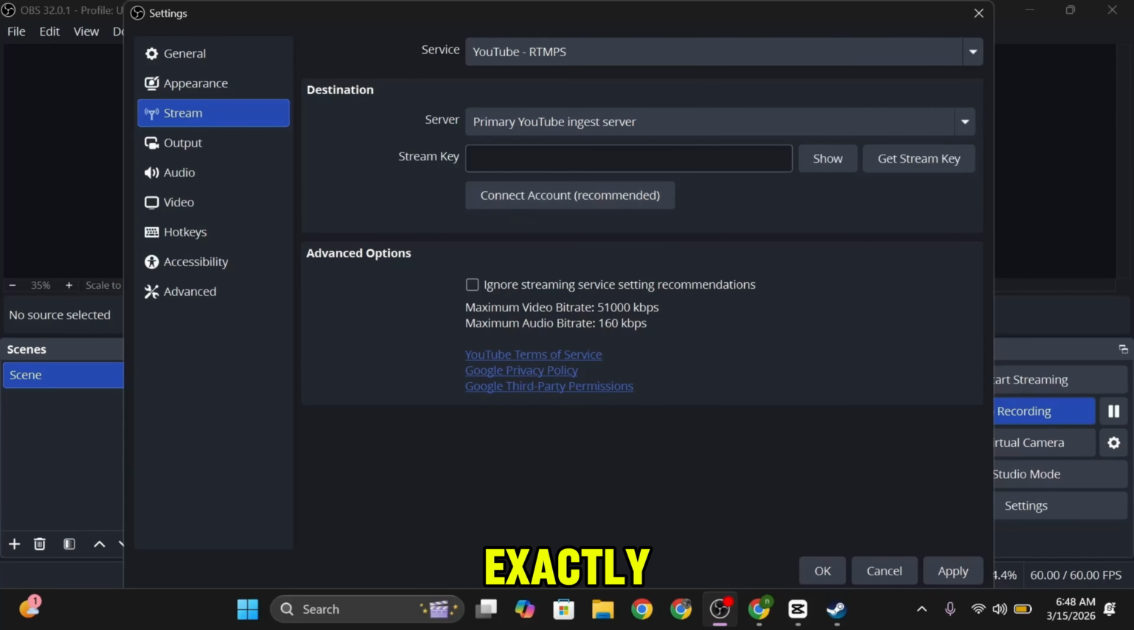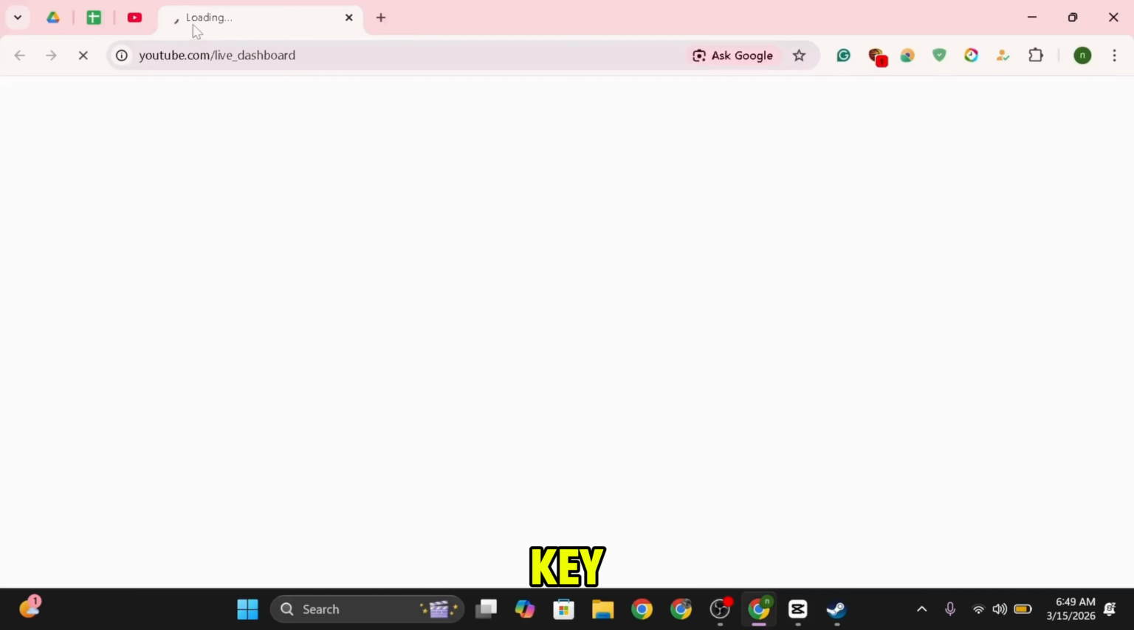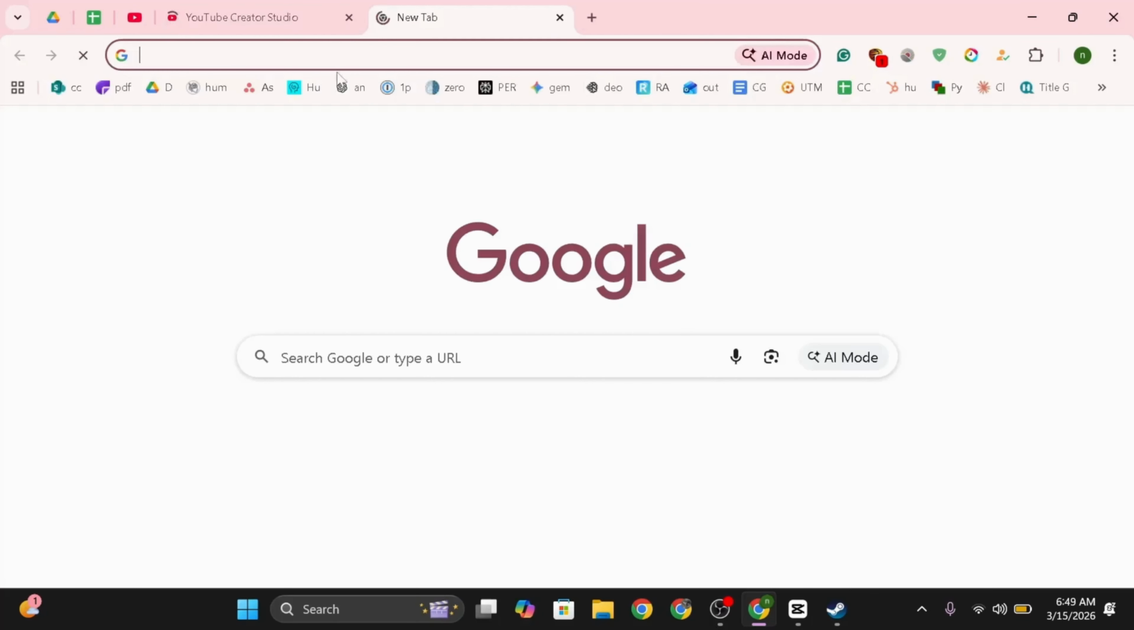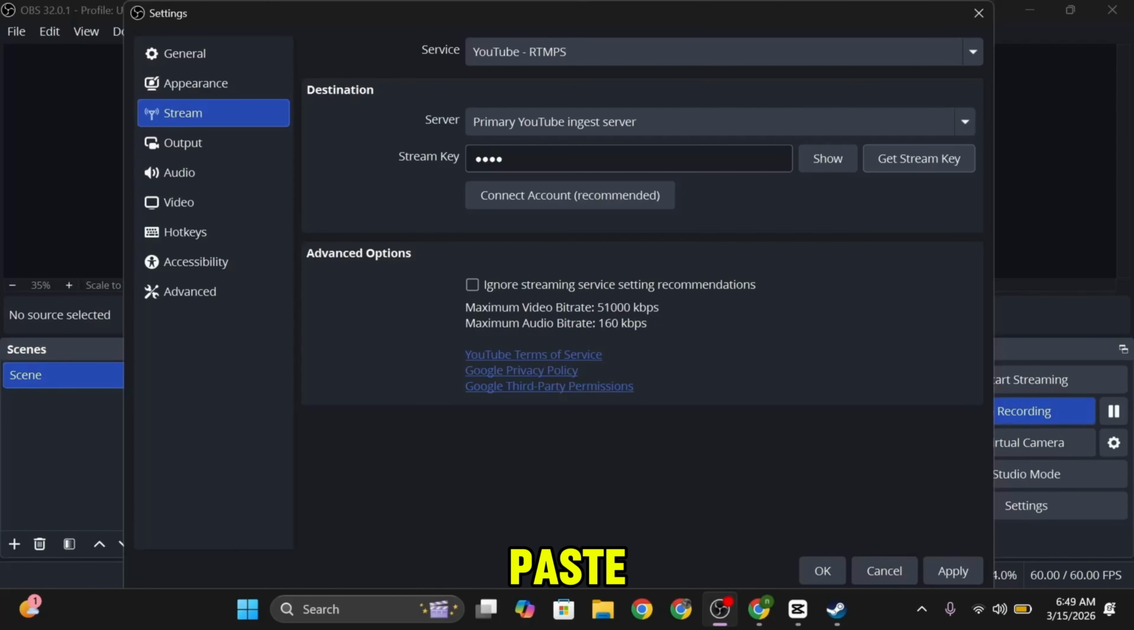And this is exactly where you paste your stream key from YouTube itself. For example, if you have your YouTube stream key already copied, simply paste it right here. Now, if you don't have it yet, select get stream key. And as I do that, it will lead you to your YouTube. There you will see a stream key, copy it, come back onto this OBS Studio, paste it here, then select